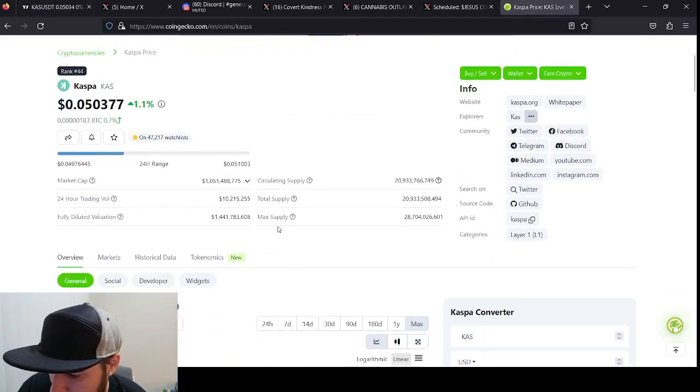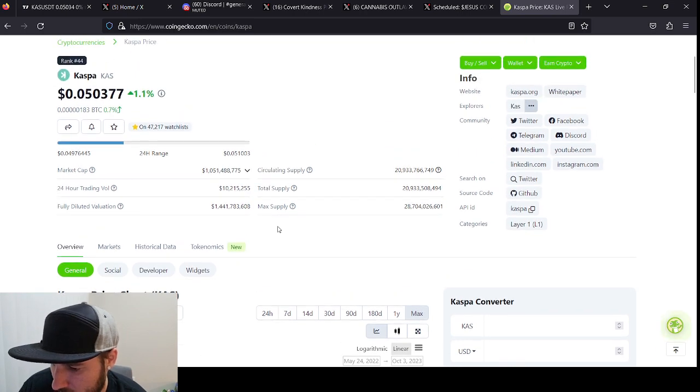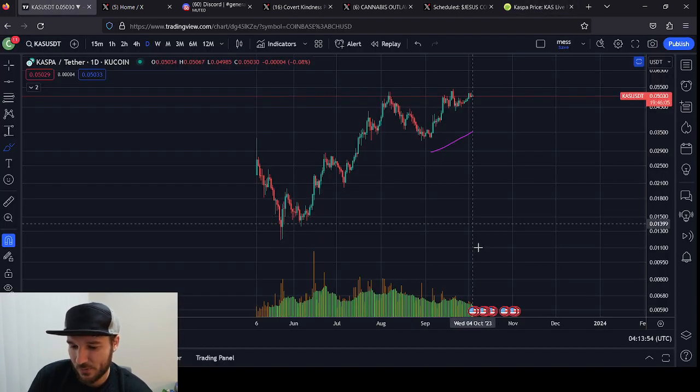If we look at Kaspa, let's see if we can find the volume. 24-hour volume is pretty low for this thing, right? $10 million on a $1 billion asset. You'd want to see something that's probably around 100 million. I think 10% of the market cap is ideal. I think at least 8% or something like that is what they say. I forget what the rule of thumb is, but 10% is nice to see. To be fair, this is only 24 hours. I can't do anything extended volume based on this thing, but